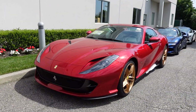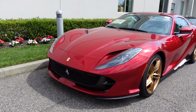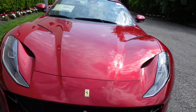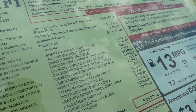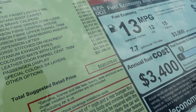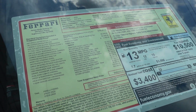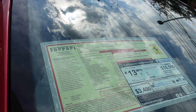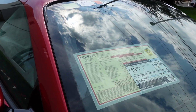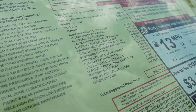I have to show you guys these stunning Ferraris that just got dropped off of the truck a few hours ago. So this is an 812 GTS painted in Rosso Fiorano with gold wheels. Gorgeous spec. 408 starting price. This one comes to $520,079. Tons of options. A lot of carbon options, suspension lifter, titanium exhaust pipes. The special color, which is like 3 to 4 layers it says, is a